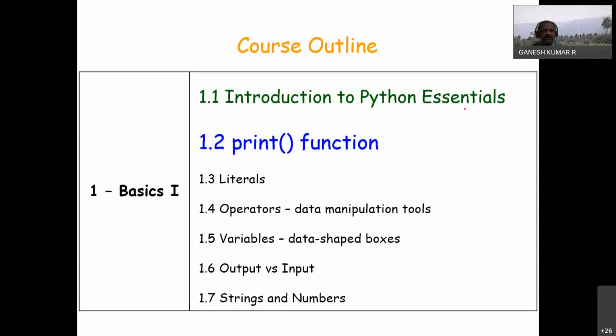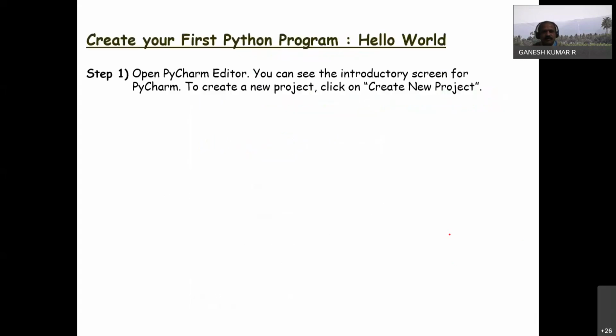As we are going to work with some fundamental concepts and terms, these code snippets won't be big, serious, or complex. Fine. Let us start with the print function. Before the print function, I hope you have understood and installed Python as well as the PyCharm editor.